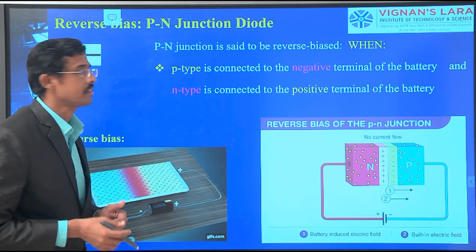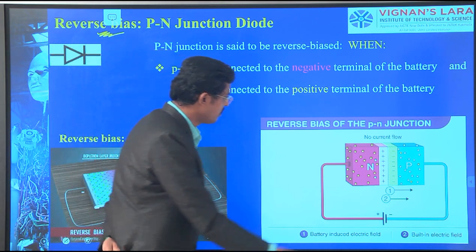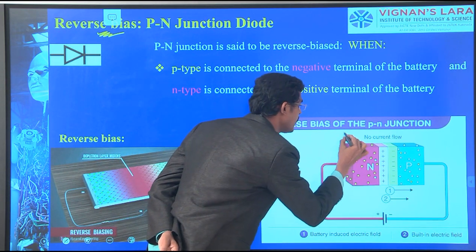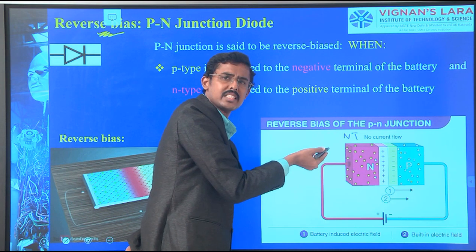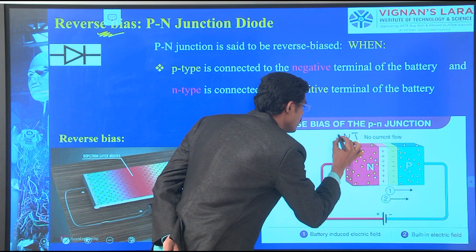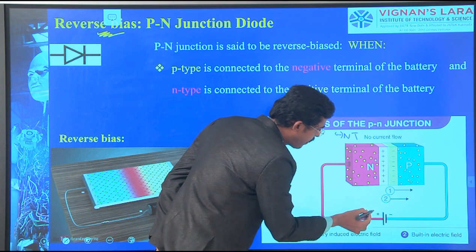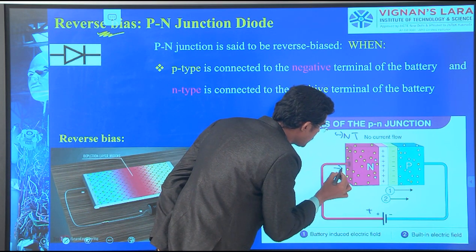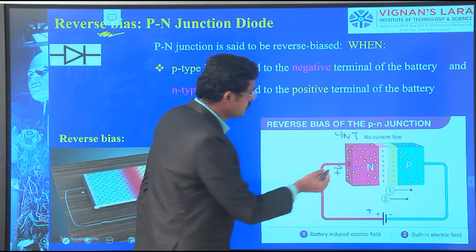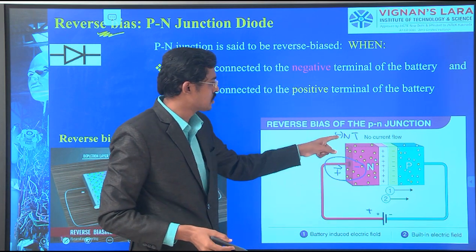Now I am connecting in the reverse bias first. Reverse means that the n-type side, which has electrons as the majority charge carriers, is negative. Here I am connecting in reverse format the positive charge. I am sending the positive charges inside. The receiver is negative charges, so both attract, we know this. I am sending the positive charges in the reverse format on the n-type.